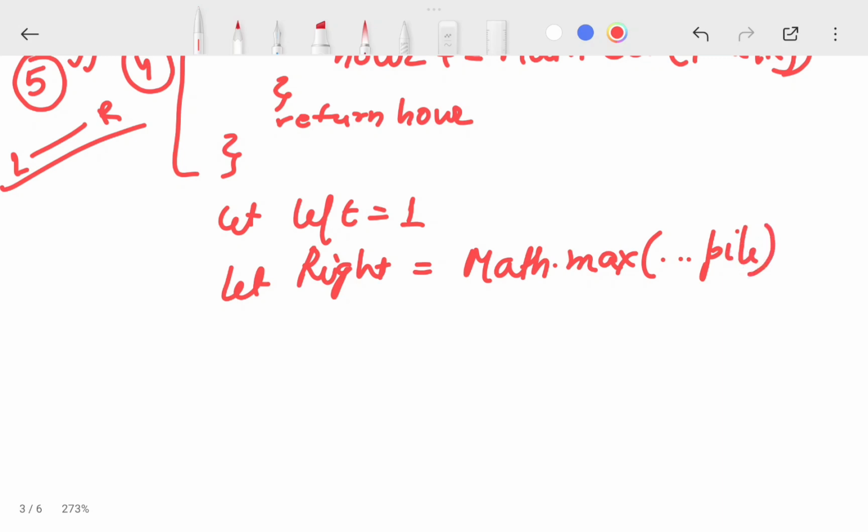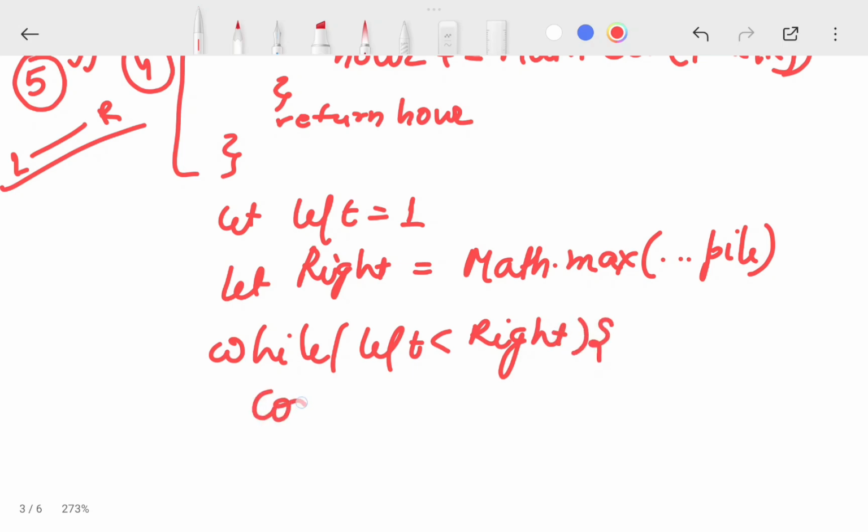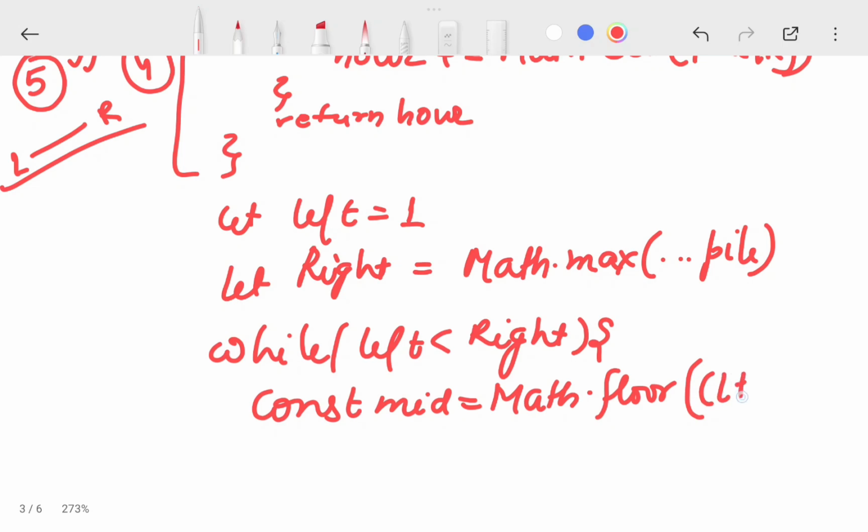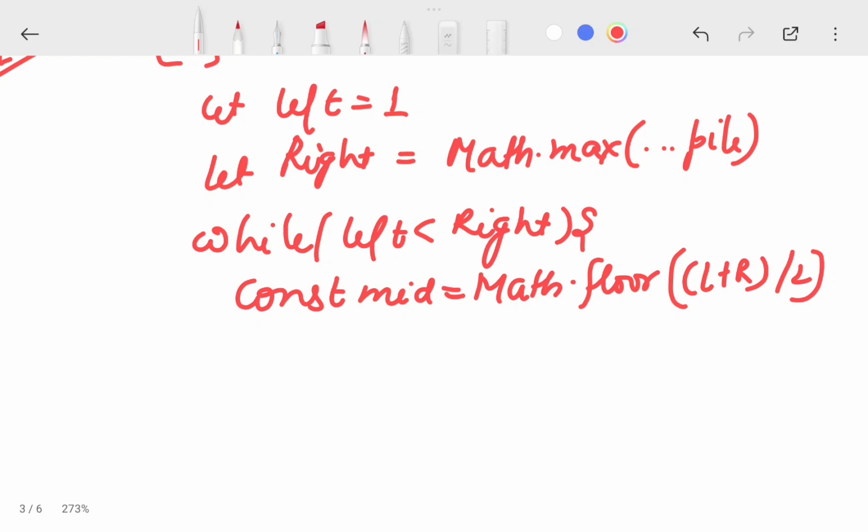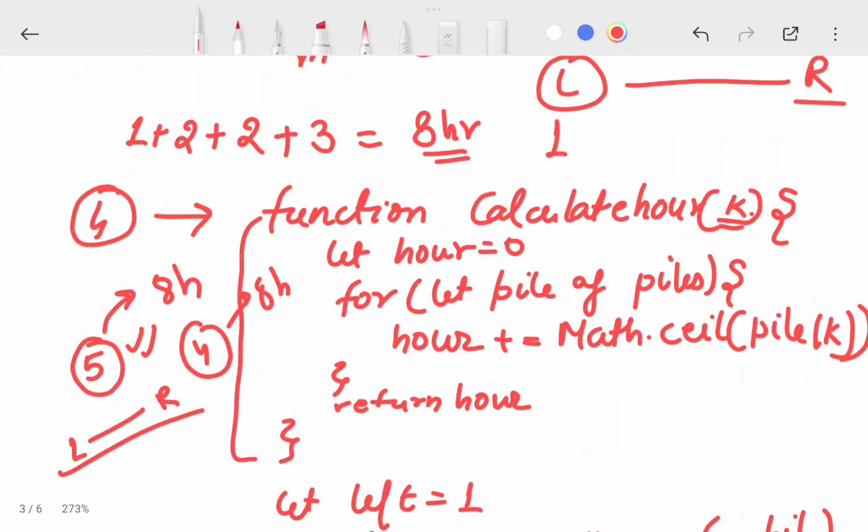And with the binary search, what do I have to do? I will write while left is less than right, and const mid equal to Math.floor, which will calculate the mid of this, left plus right divided by 2. Okay, then whatever number of hours this helper function will return